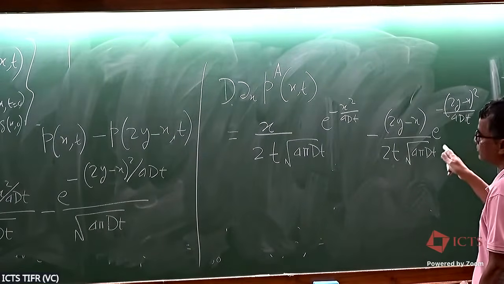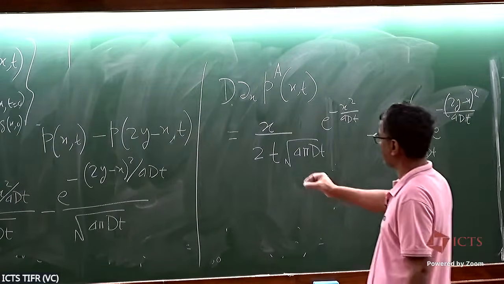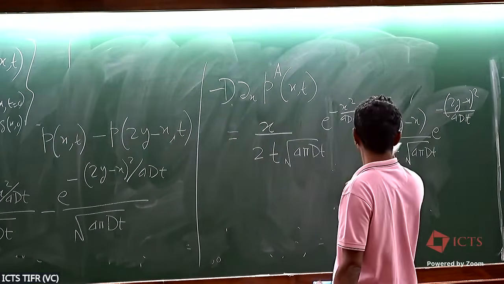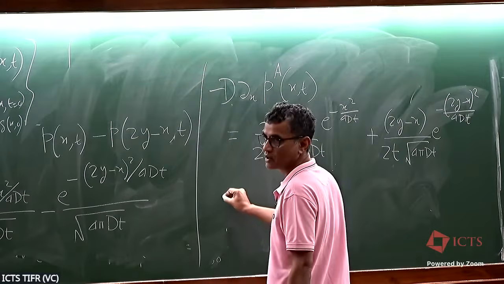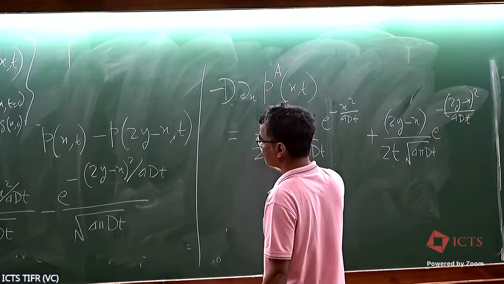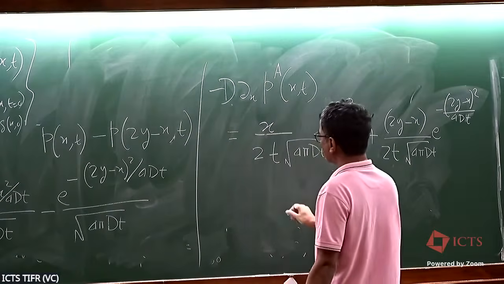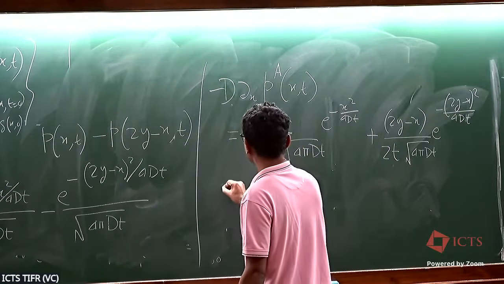But the sign looks wrong. Oh okay, so maybe minus. Okay, so now we put y equal to x here. Correct, right? Okay, now we put x equal to y, so then minus c